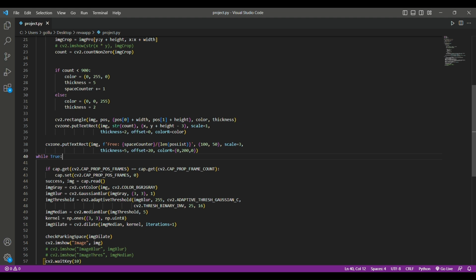And in the 49th line, image median, this line applies a median blur filter to the threshold image to remove noise. And here the kernel, this creates a 3x3 matrix of ones which will be used as kernel for dilation. Here image dilate, this applies a dilation operation to the median blur image, which expands the white region